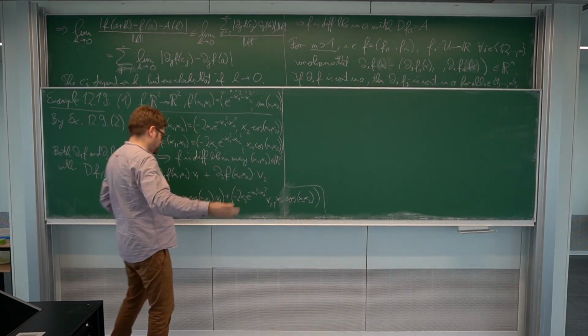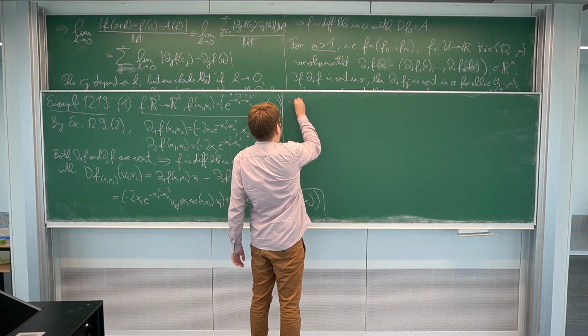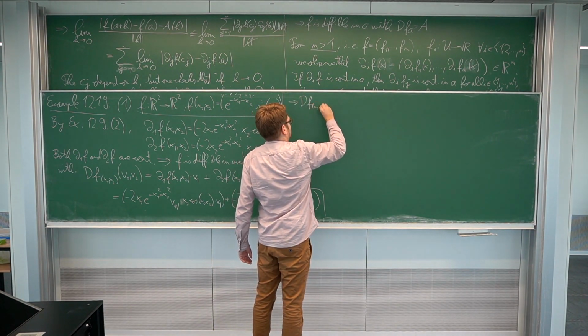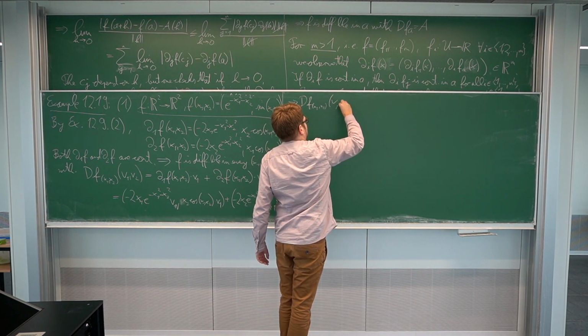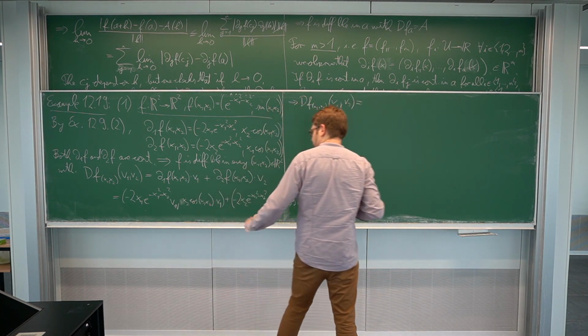Okay, and now this, of course, is just the sum of two vectors in R2. So let's put this together. Just to have the whole thing here, we get df at (x1, x2) of (v1, v2), if we now sum up and summarize the terms a bit,